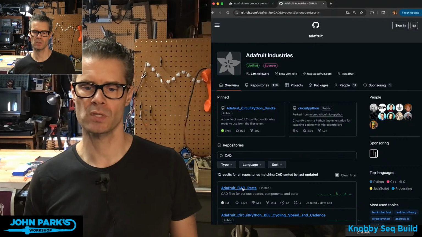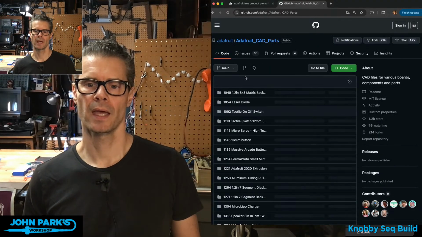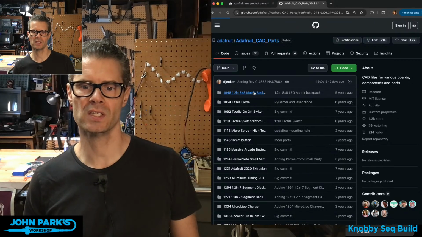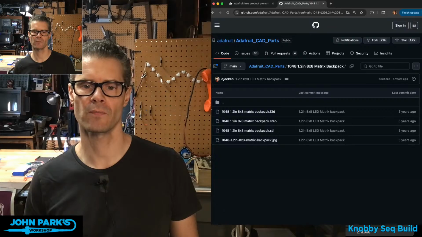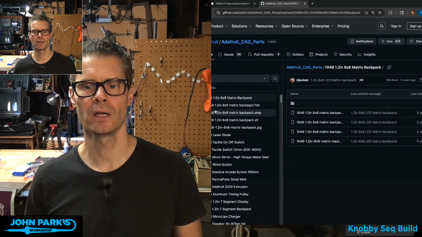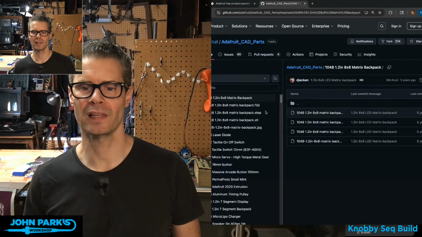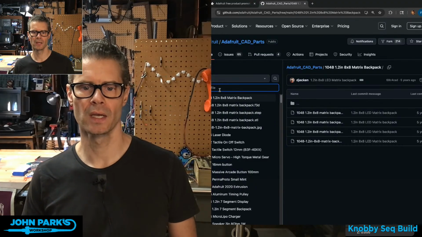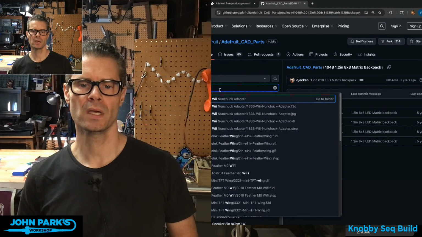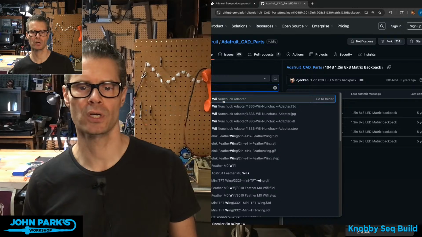Adafruit CAD parts comes up first, and then you can click on it and type in Wii. So there's Wii nunchuck adapter.